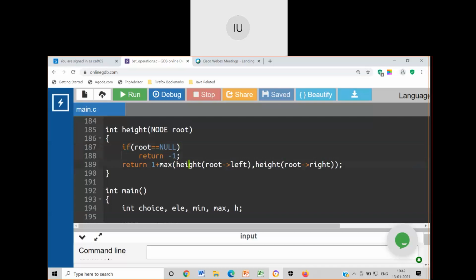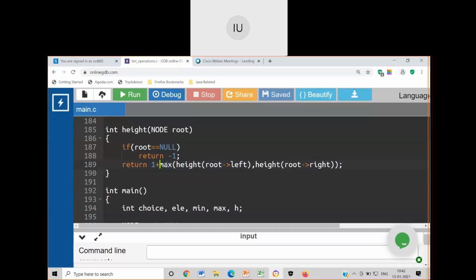Otherwise, add 1 to it and find the maximum of height of root's left, height of root's right. Among these two, whichever has the higher value, that value will be taken and 1 is added.